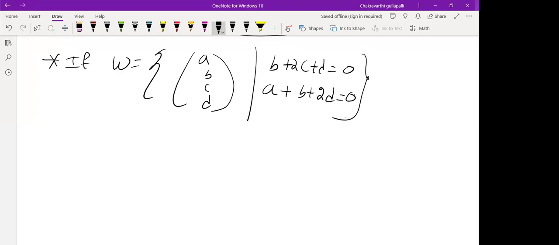Then the restrictions are not independent, because more than one variable is common. B is common, D is common. So we cannot apply 4 minus 2 is equal to 2. Then how to do it? Then the dimension of W, in that case, we cannot do it this way. We have to understand which are free. So the number of free